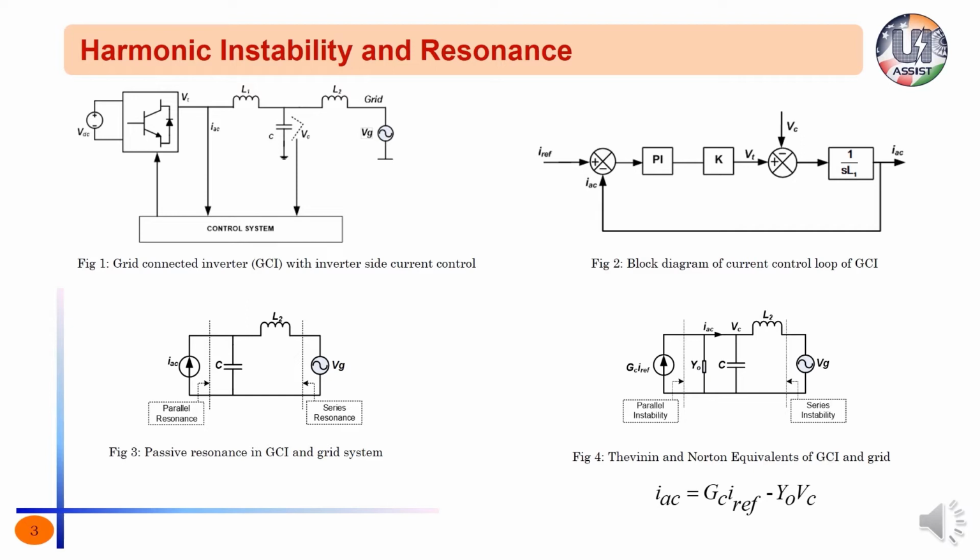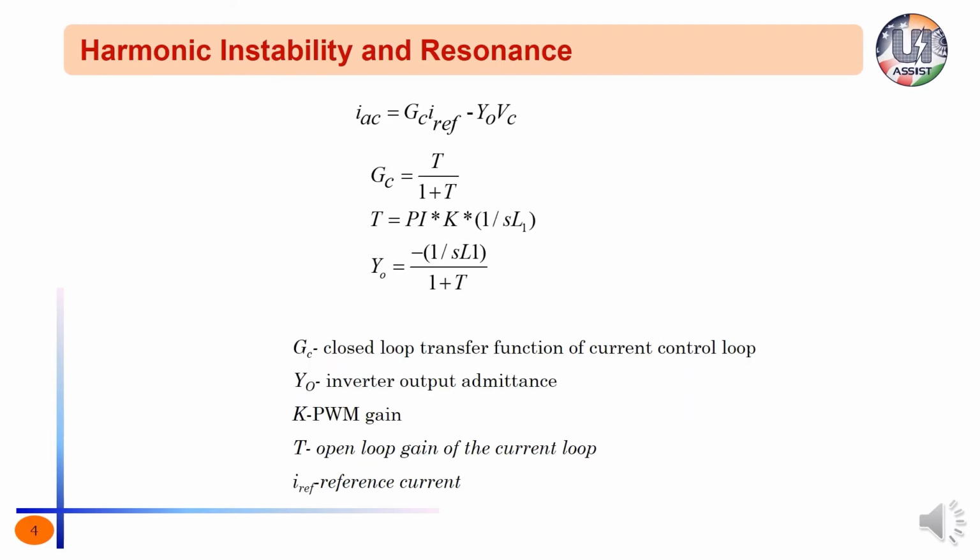Now, if at all Y0 interacts with rest of the impedances in negative damping region, system will lead to instability, and PCC quantities such as voltages and currents will get amplified, triggering inverter protection, and can even damage the power system equipments. Here, the expression of inverter output admittance is given. We can notice that Y0 is very much dependent on control loop bandwidth determined by the proportional controllers, and Y0 is also dependent on filter elements.